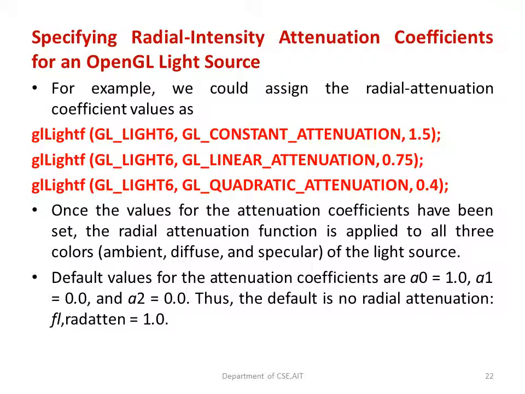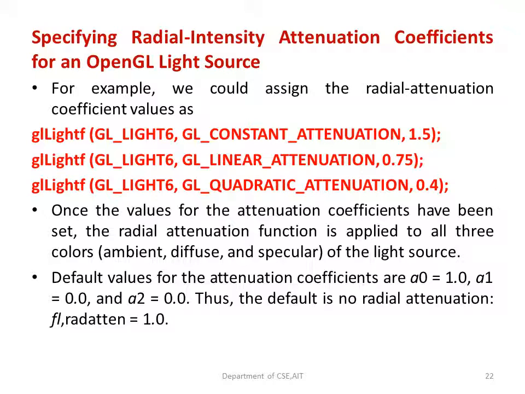You can see that here we have 3 APIs. That is glLightf, and we are talking about light number 7, that is GL_LIGHT6. So here we are giving the value GL_CONSTANT_ATTENUATION for the same light. We can give different values of attenuations. So the quadratic attenuation, or if you want the linear attenuation, we can assign some values.